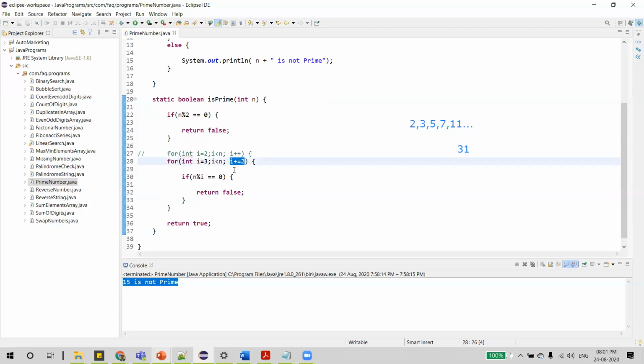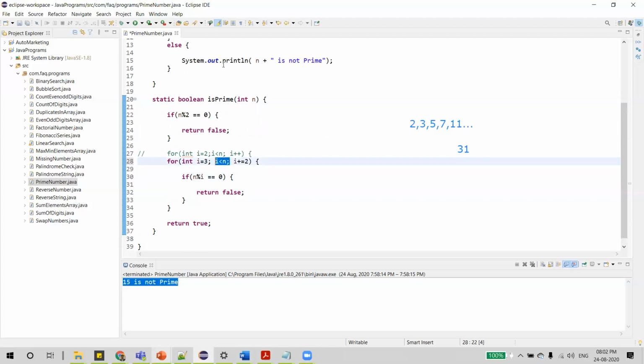That's the reason we increment I by 2 each time, starting with 3. In the next iteration it will become 5, then 7, like that. Only odd numbers will be present in I at any instance, and with that value we are going to divide n. Till here fine.